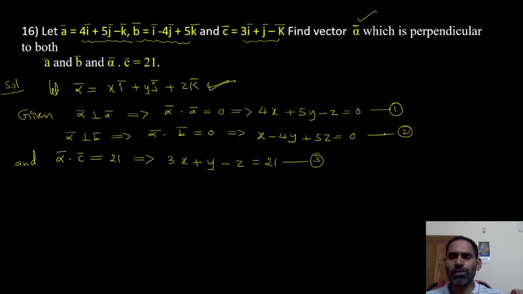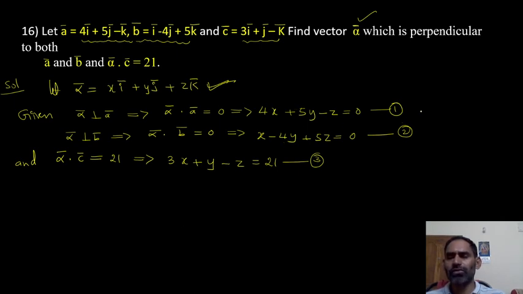Using these 1, 2, 3, we have to solve and find out x, y, z. Our aim is to find out the variables x, y, z. So how to find x, y, z? From 1 and 2 first eliminate z. We should eliminate any one of the variables. From 1 and 2 eliminate z, and after that 2 and 3 also eliminate z. By eliminating z, we will get equations in terms of x and y.